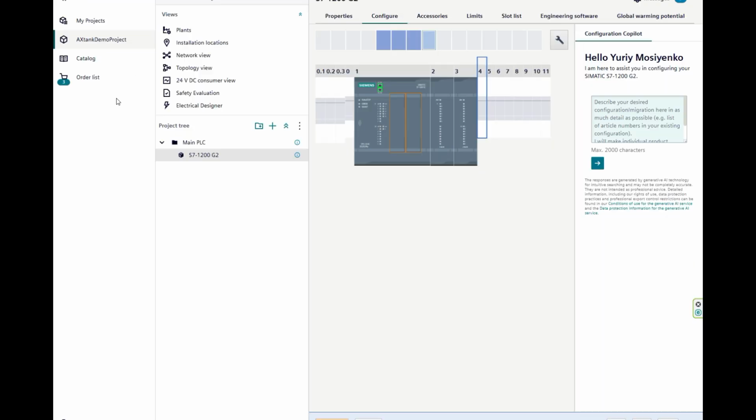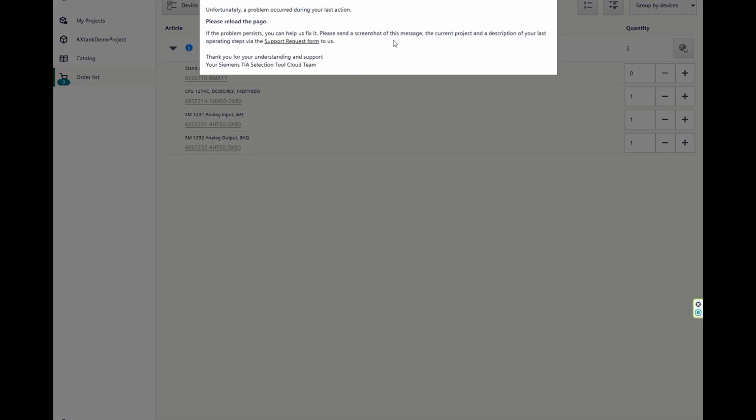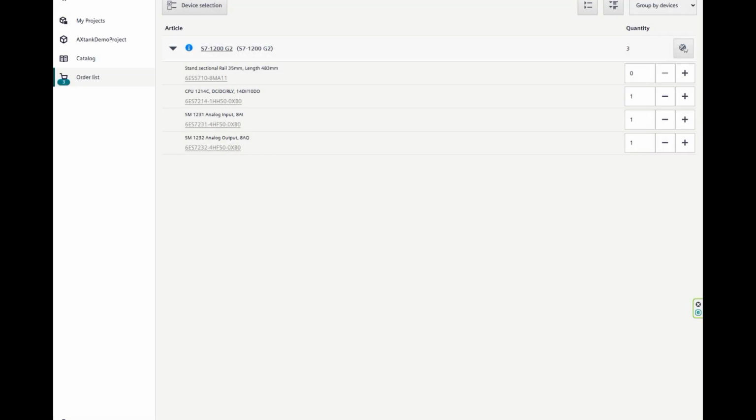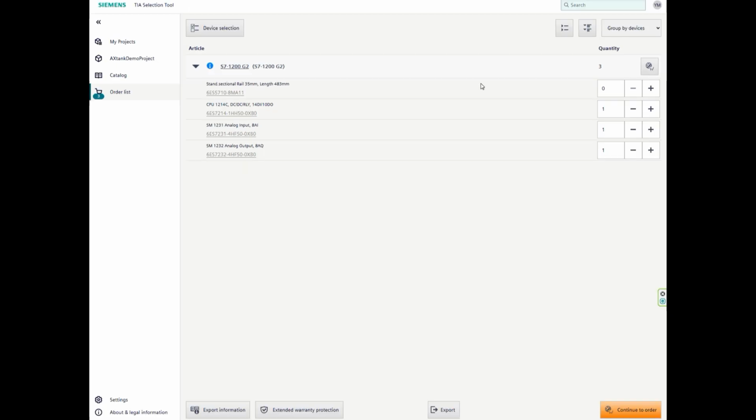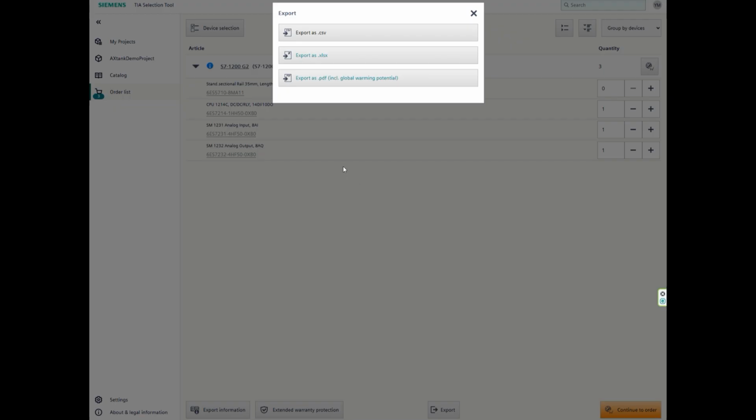To order list, some errors, but looks like it's all shown correctly anyway. So that's it. We have a hardware configuration with the CPU, analog input, and analog output. Even suggests for the DIN rail, but it's just suggestion. The quantity is 0. So now we can actually export this configuration as a CSV file, for